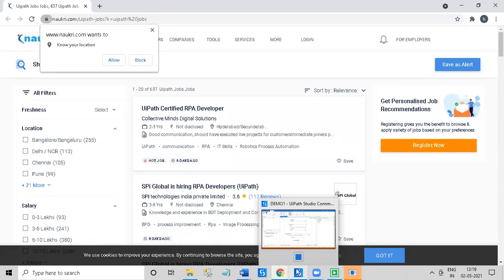Apart from this, if you want to extract all the data which is present, like skills, job type, job posted date, we can extract each and everything. It is not necessary that we can only extract up to a limitation. If you want to extract 30 columns, then also we can extract 30 columns. We can extract any number of columns.